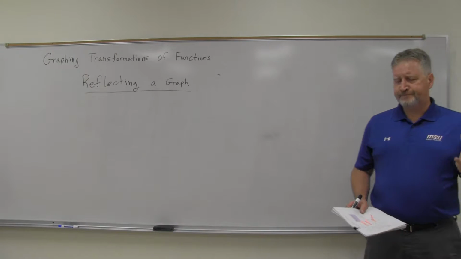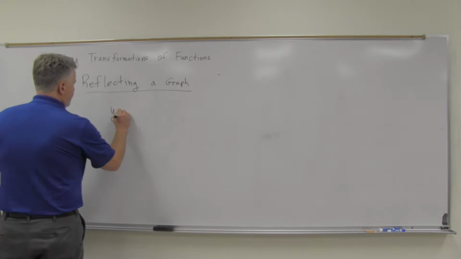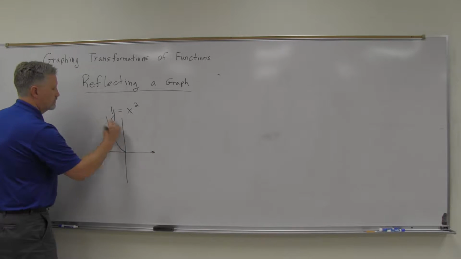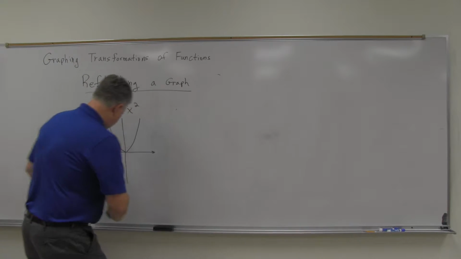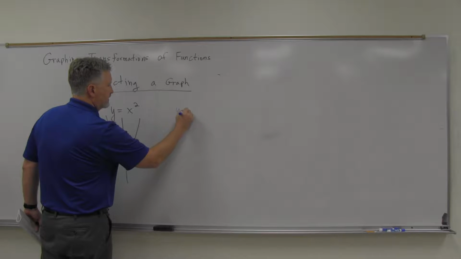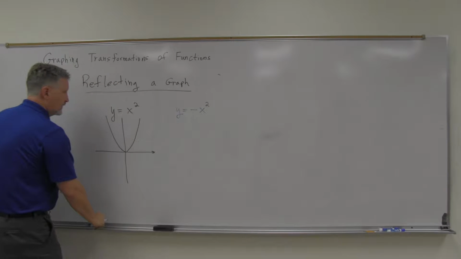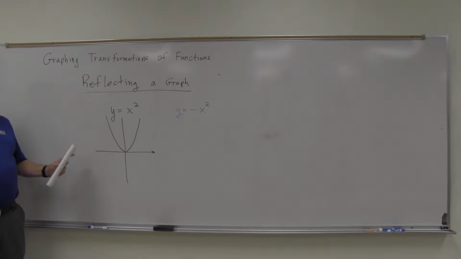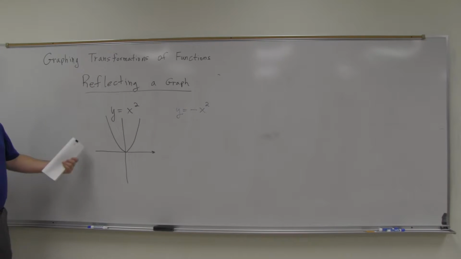Okay, so what would happen if I take y equals x squared, which looks like this, and then I go to a second graph here, y equals, and do a negative of the x squared right there. Lots of ways we can look at it. Again, I put it in the graphing calculator, or graphing